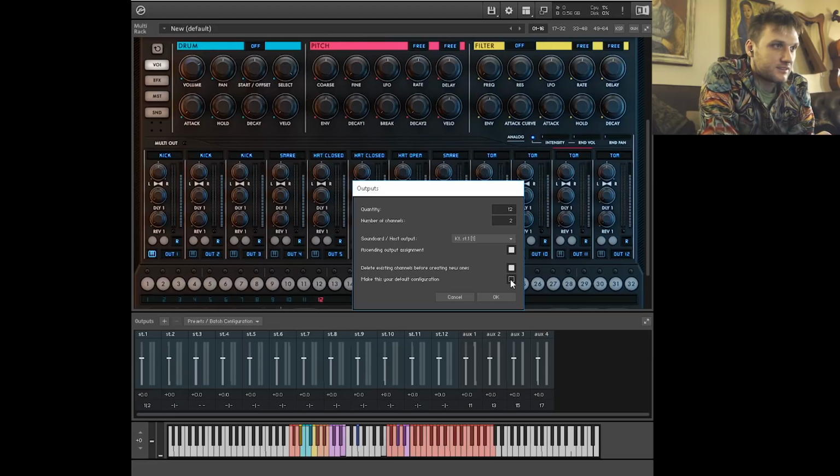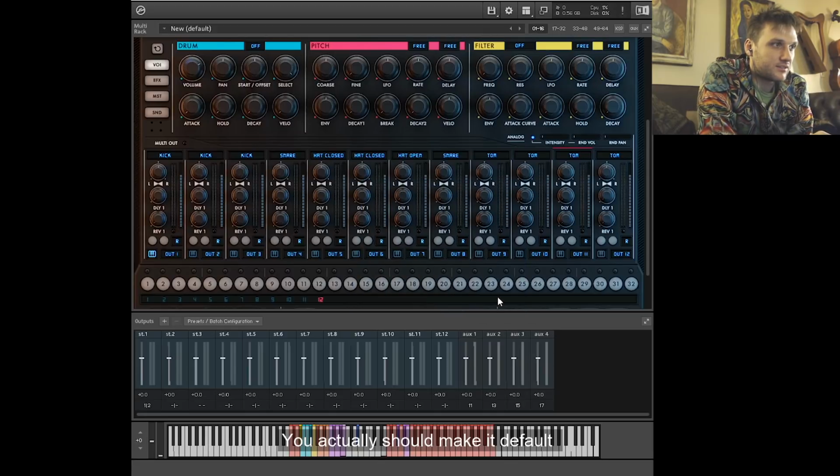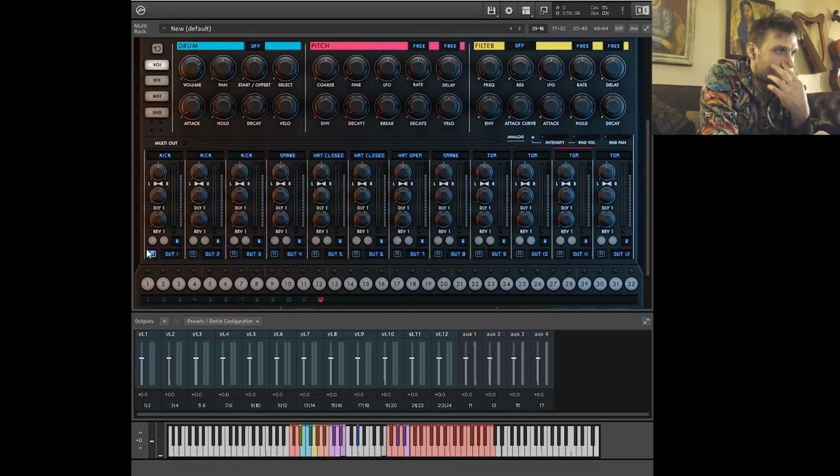We want to delete the existing channels. I'm not going to make it the default configuration, but ascending output assignment, and bam, check it. So 1, 2, 3, 4, 5, 6, 7, 8, etc., all the way up to 23, 24. So that's how you want this. And once you've done that, you also need to make sure that all of these are assigned. They'll probably all be at master at first. So you need to go